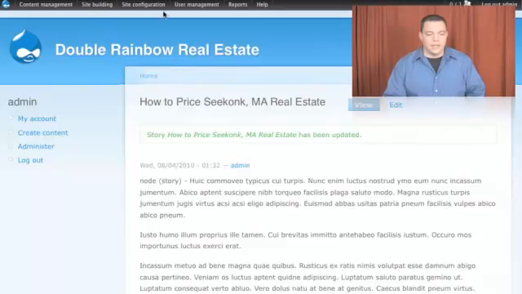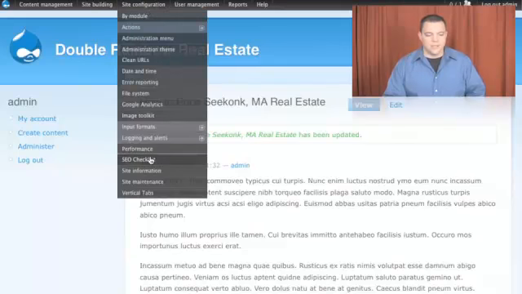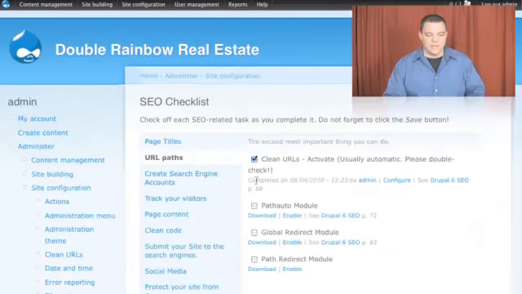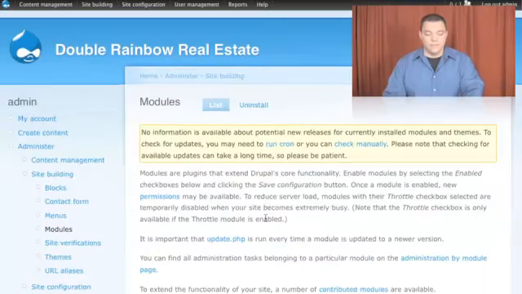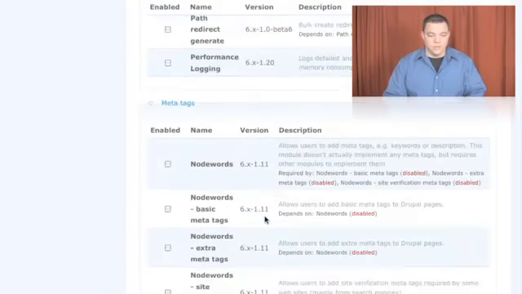One thing I know about myself is that I tend to forget all the little extra steps that you have to do when you create a piece of content. And that's why I'm really happy about a module called the Path Auto module. Path Auto, what it does is it automatically creates a path based on the node title. So again, I'm going to go back to my SEO checklist, and then into my paths section, and there's the Path Auto. I've already downloaded it and uploaded it to my Drupal site, and I'm going to enable it now and go down here to the paths,